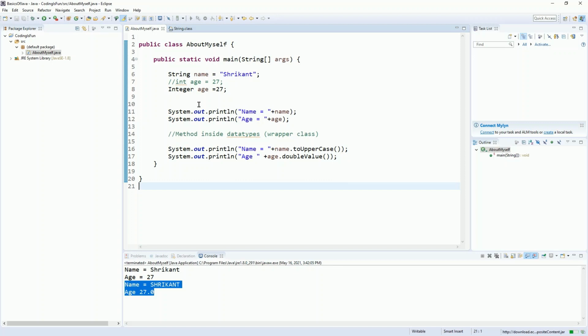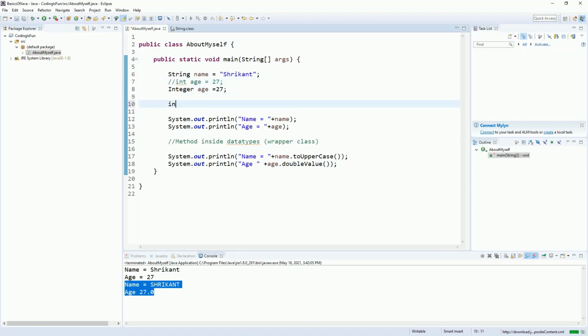If you want to use methods inside your data types, then you can happily go with this. If you don't want to, you can just mention it as int. If you check the color coding, suppose I use int, char, float, boolean, all these are primitive data types, that's why they are highlighted in this color.